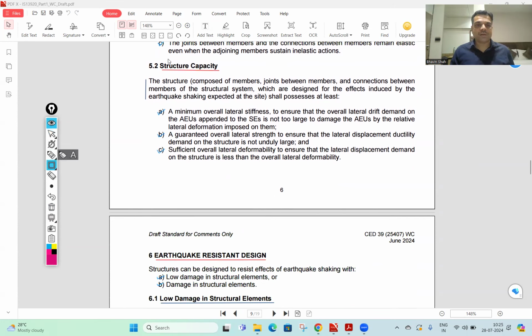In the next paragraph, the structure capacity is identified. And here it says a minimum overall lateral stiffness to ensure that the overall lateral drift demand on the AUs appended to the SEs is not too large to damage the AUs. Now here it says not too large, so that AUs, which is let's say architectural,